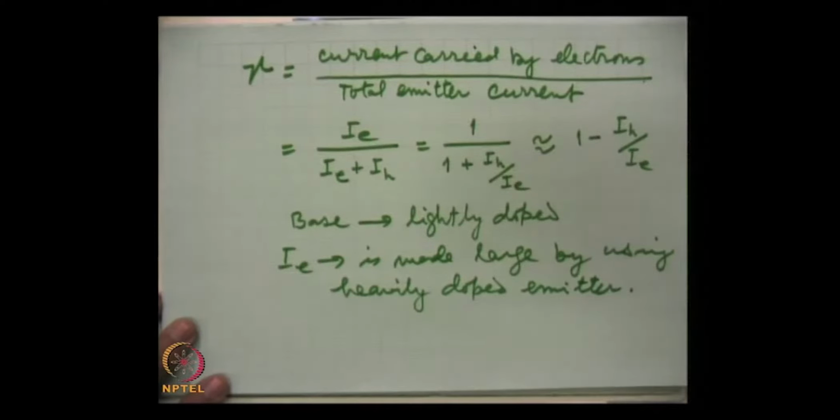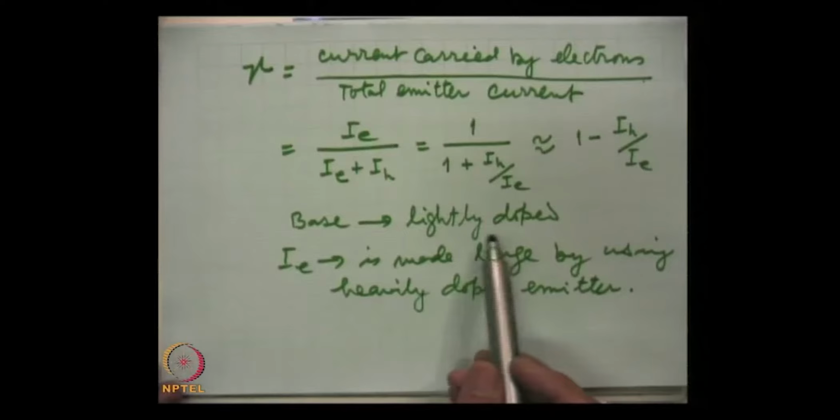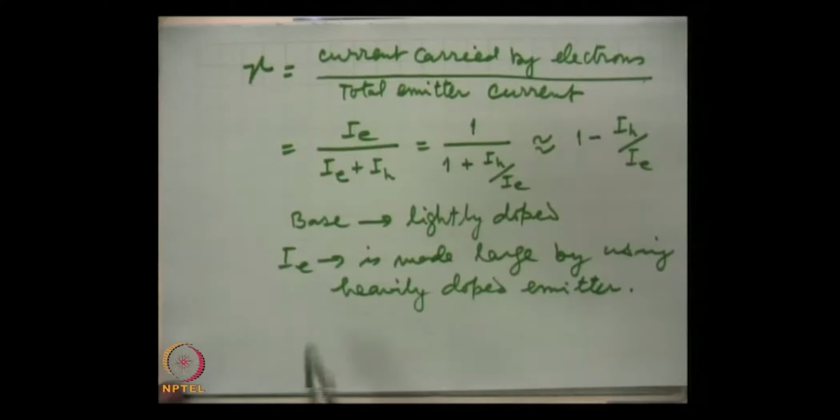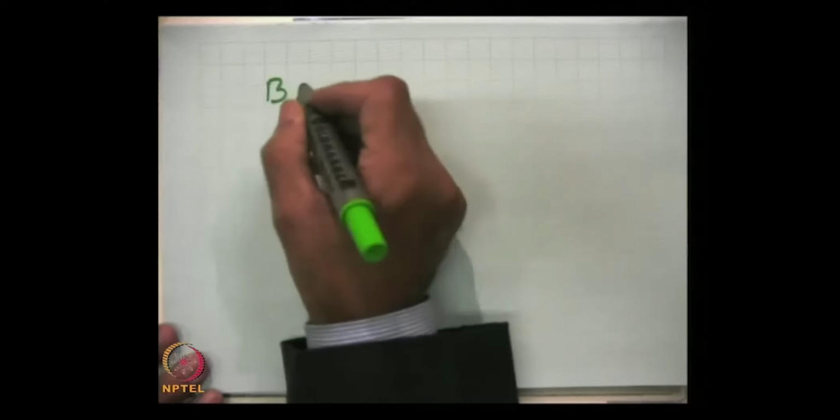Now, I am sure you are realizing what was made as a statement earlier. If you remember the first lecture and second lecture, then these points were just stated and it was said that later on things will become clear. So, I am sure now you realize why the base was kept lightly doped, and emitter very heavily doped. Similarly, the other parameter, that is the base transport factor B,